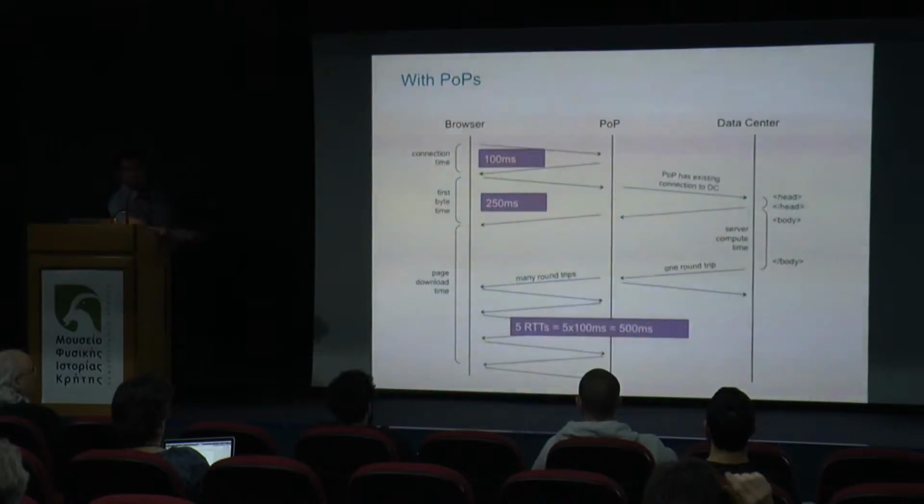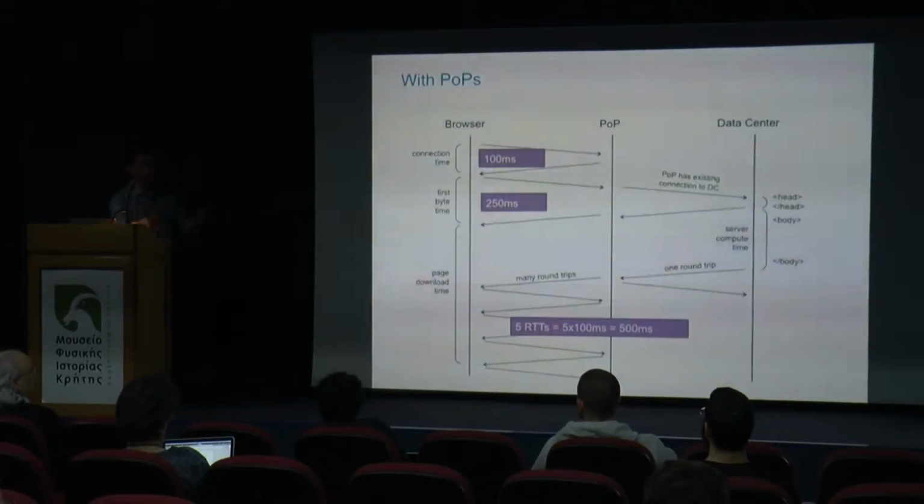In this case, even a 60 to 100 kilobyte payload is sent in one round trip from the data center to the POP. That's because the POP and data center are talking to each other all the time, right? They have keep-alive connections. They have big congestion windows because the POP is serving millions of users. So they're talking to each other. Congestion windows are huge. You can send the whole data right away from the data center to the POP in